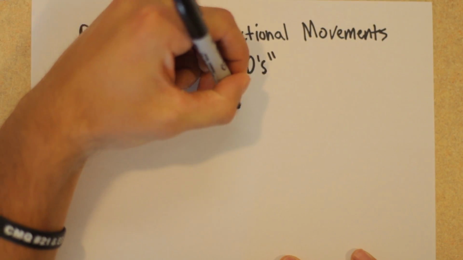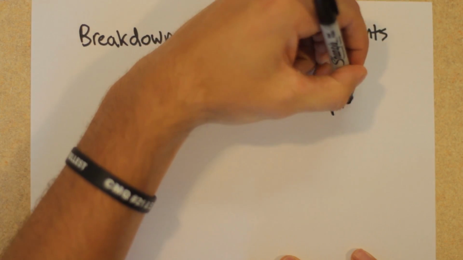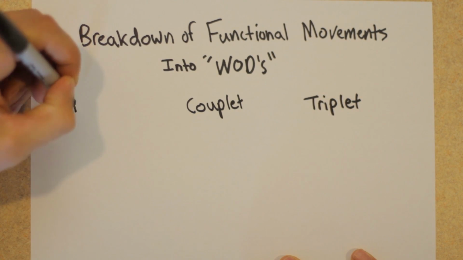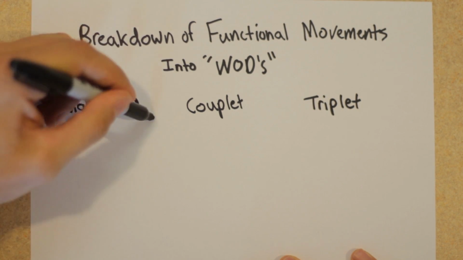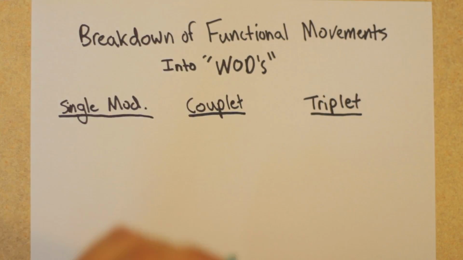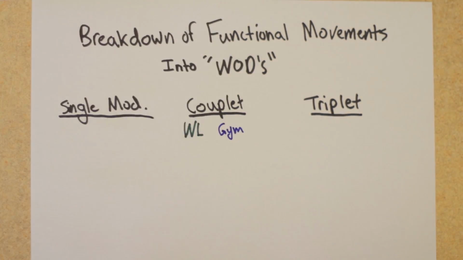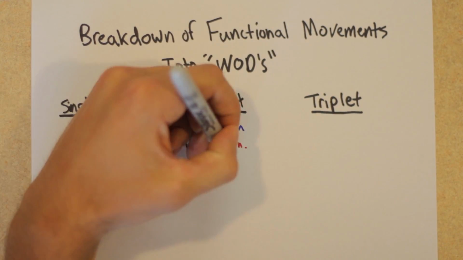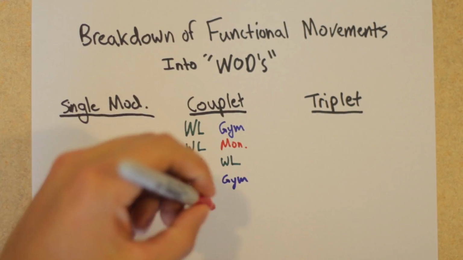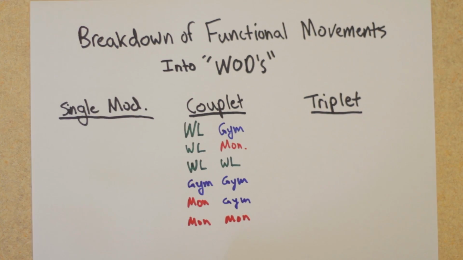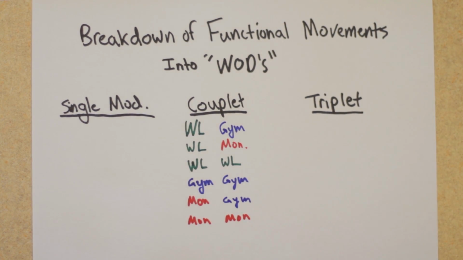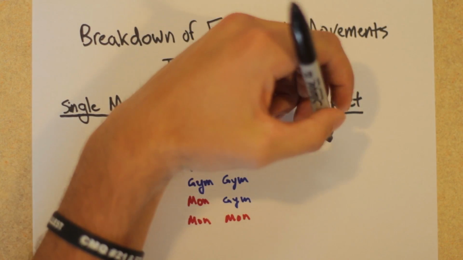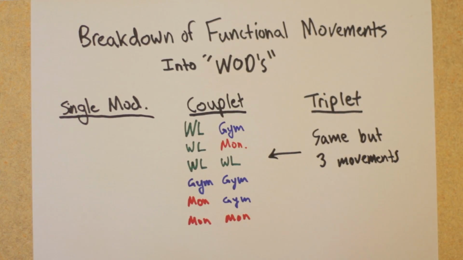He breaks down how to perform these functional movements into three categories: a couplet, a triplet, and a single modality. In a couplet, you're essentially just pairing two of the functional movements together with any arbitrary rep scheme to achieve your stimulus. The same can be said with the triplet, just this time with three different movements. The absolute worst part of this entire seminar comes when he talks about the single modality day.